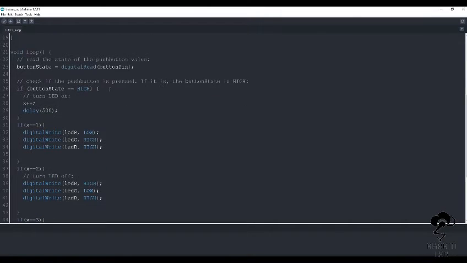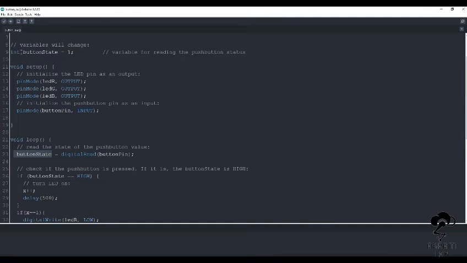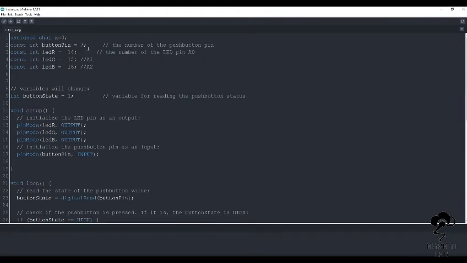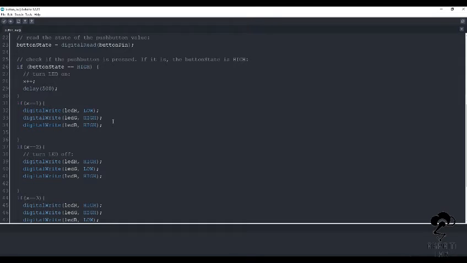Okay, so now the main function starts here. First of all I am going to read the button pin, whatever the state is, and I will store it in a button state, and initially I have written here button state should be equals to 1. Then if button state equals to high, which means if the button is pressed, then x should be incremented, means the character I defined in the first line should be incremented, after a delay of 500 milliseconds. So after a delay of half second, it will consider it as an increment.